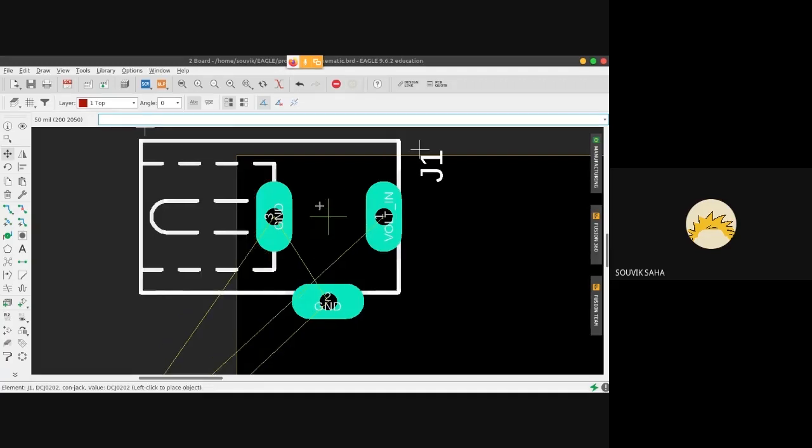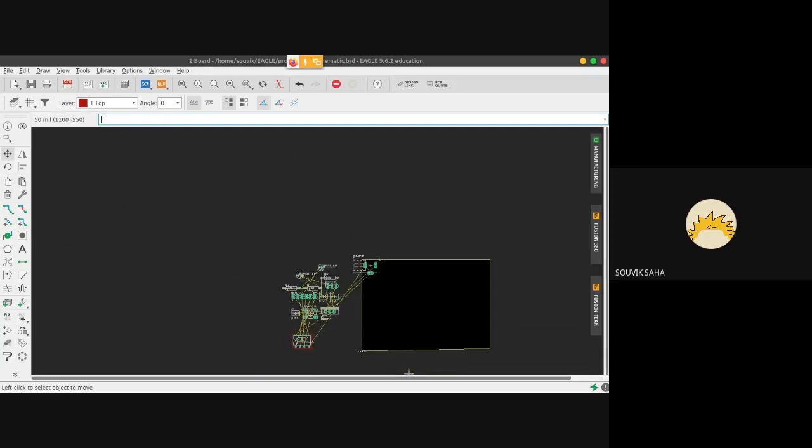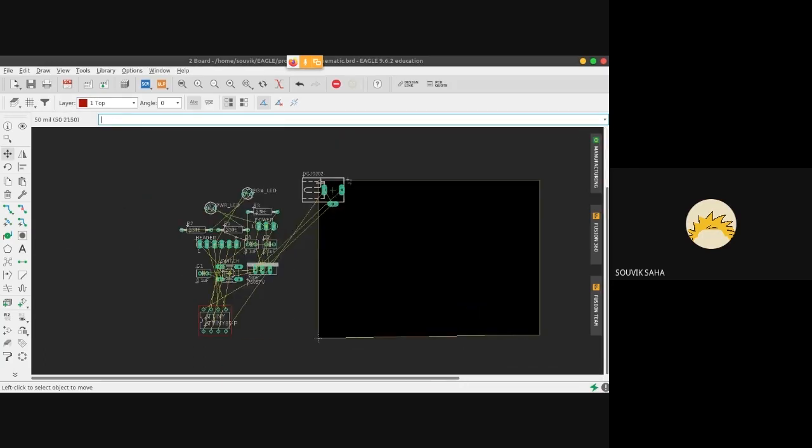Everyone just make sure that you're not getting those red lines and that it is within the boundary of the board. Here I'm not getting any hash line, so we are good to go. Okay, so now we have this one input. Next, let's put the switch over here.